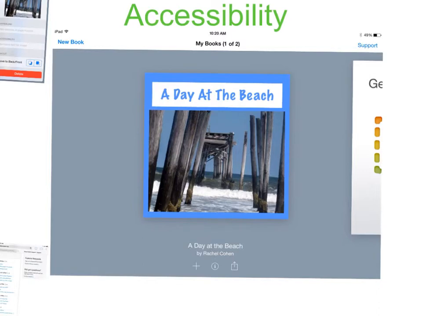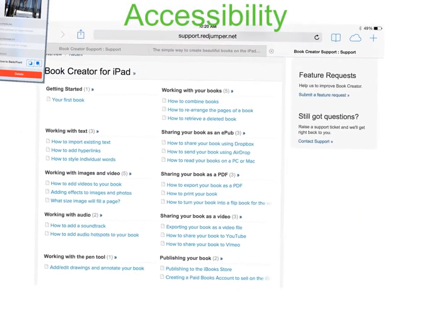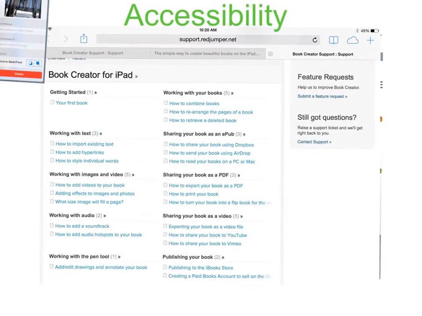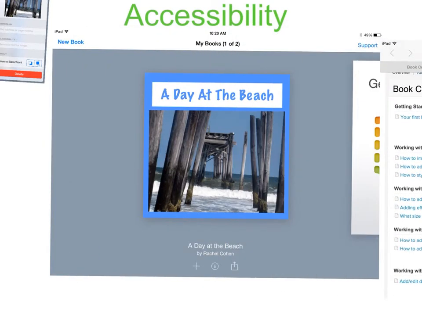Lastly, we look at accessibility. This app provides support to students as they create their books. By clicking on Support, students will be taken directly to the app's website, which looks like this, and there is a range of questions that they can click on that will provide support about the app. In addition, Book Creator allows you to add accessibility features